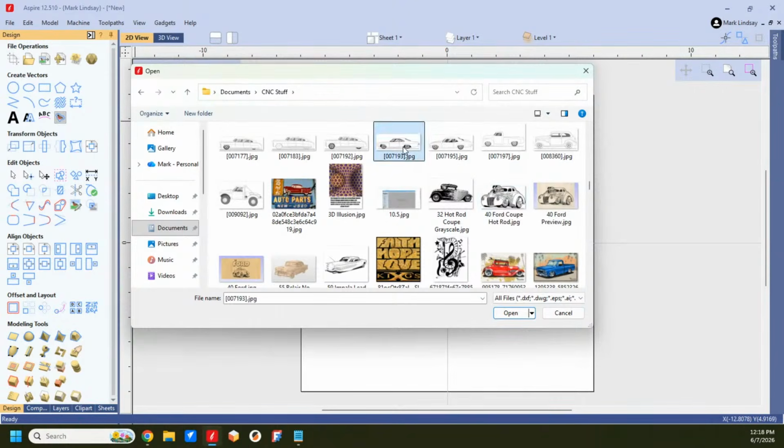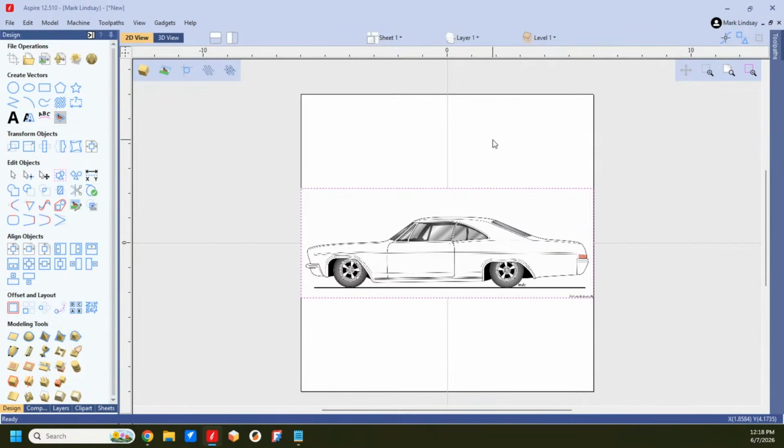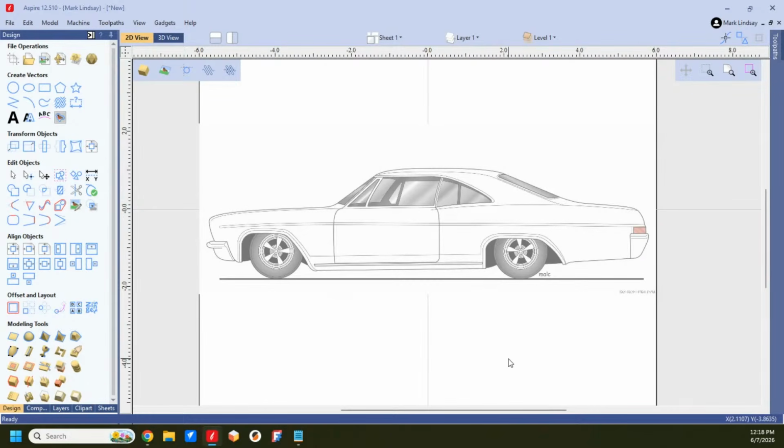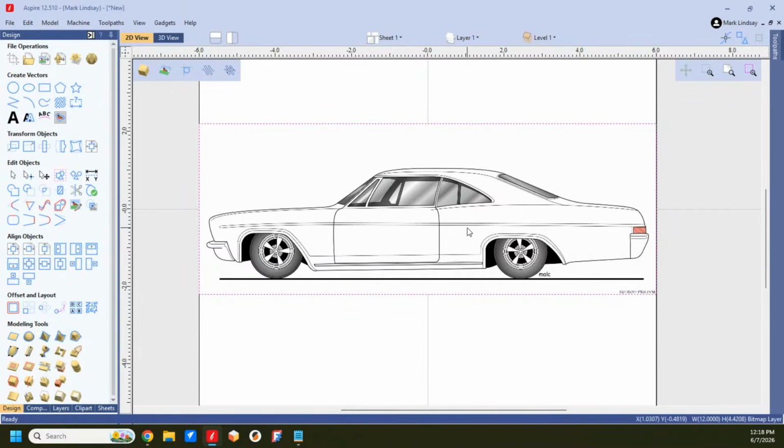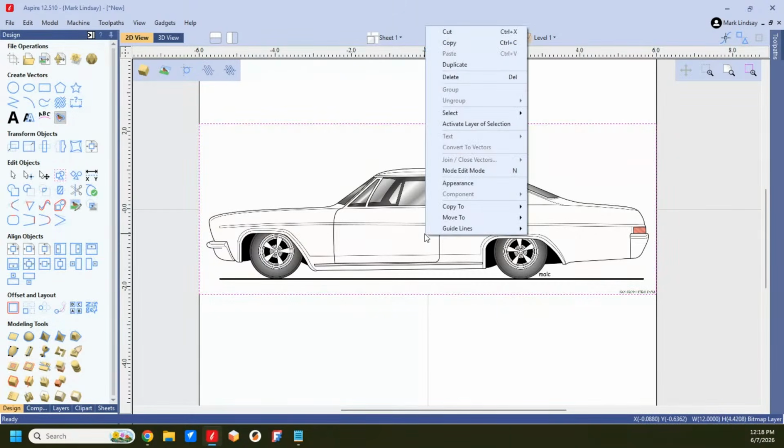We'll go with something simple. We'll go with an Impala. All right. Now you can see right here when I don't have it selected, it is kind of grayed out. When I select it, it's nice and bright. Well, what you want to do is right-click on that image,